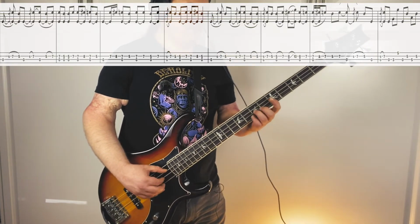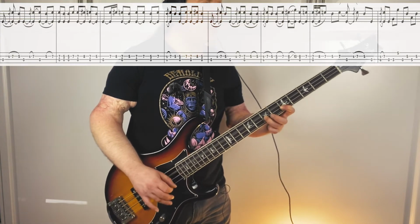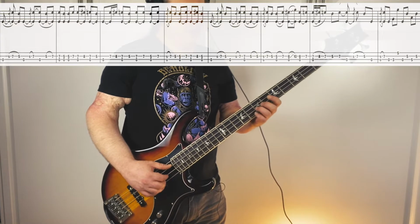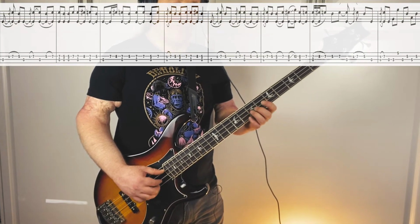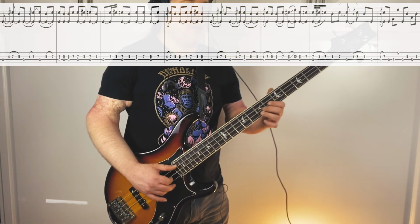Here's the next measure. Kind of that polyrhythmic feel in this one too. So it's a hammer-on pull-off from 7, 8, 7. Then